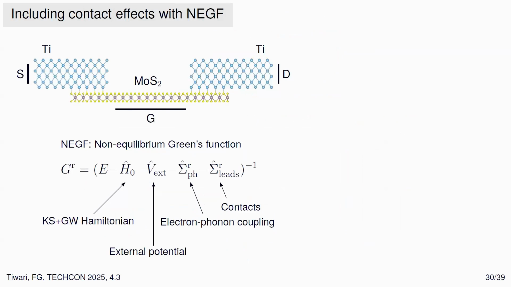And then the last bit of the device I wanted to discuss is the contacts. What we have been doing is developing software to study what happens if you inject a wave function here. That wave function has to go through this barrier, then travel and exit on the other side. This is a completely different problem because this is what we call an open quantum system. You have electrons entering on one end and exiting on the other end. So this cannot be done with standard DFT. You need some Green's functions techniques, and this is done using a standard approach called non-equilibrium Green's functions.